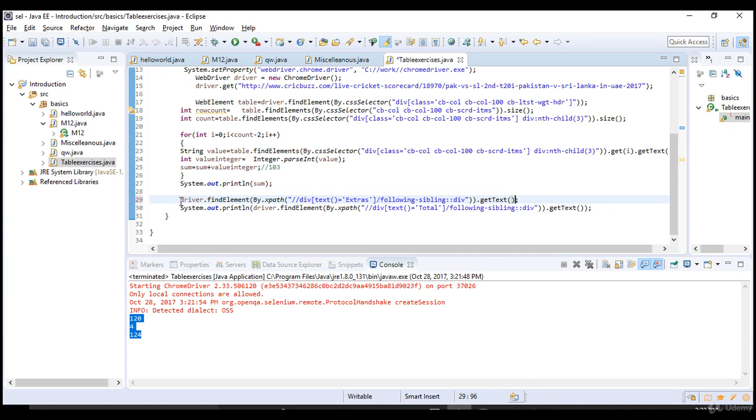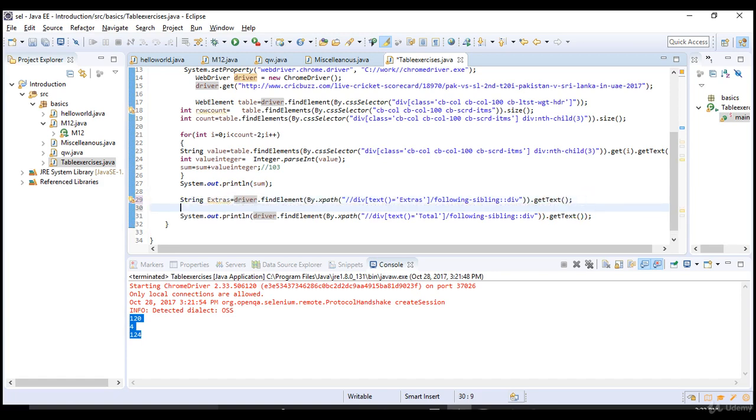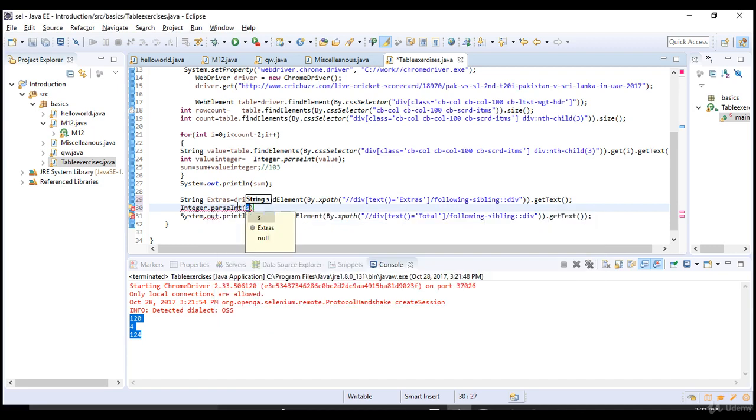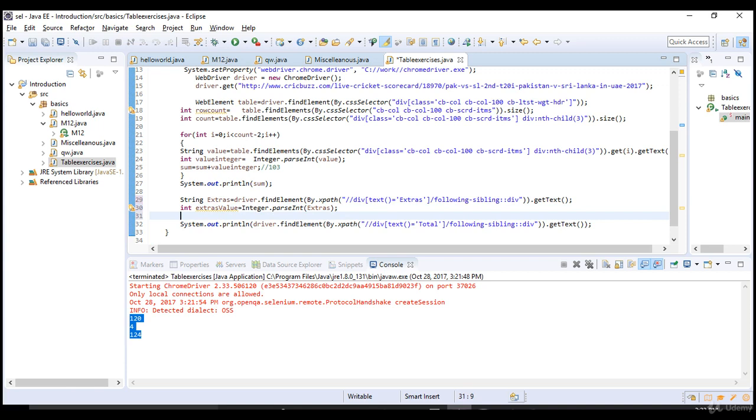Yeah, so this is nothing but string extras. So this string I want to convert into integer using Integer.parseInt, and I'll pass this extras so that now the integer value of this extras value is nothing but 4, and I'll simply sum. This is 120, right? So sum plus extras value,